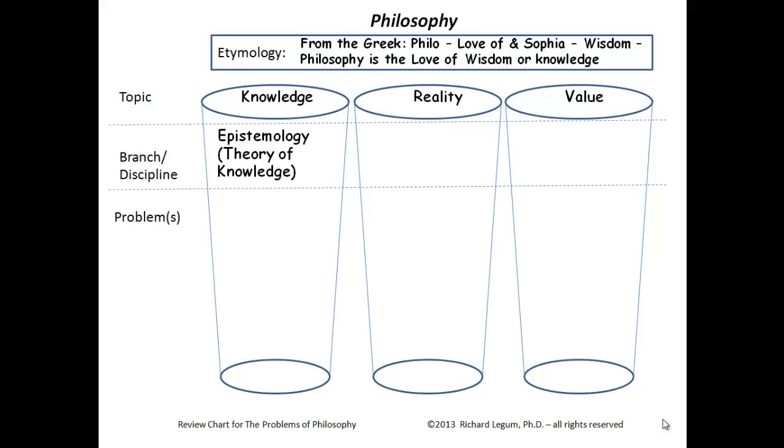Now, to finish filling out the chart, we now want to go down where we see below that other dotted line, we see problem or problems. So what is the problem of, or a problem that's studied within epistemology? And we just talked about the problem of knowledge and skepticism. Okay, so this is going to be a higher level chart, so we don't put all the details in there, but we're going to just list the names of the problems. Where do we find out the information? Well, we've taken our notes and we've put them in on the detail chart about the problem of knowledge and